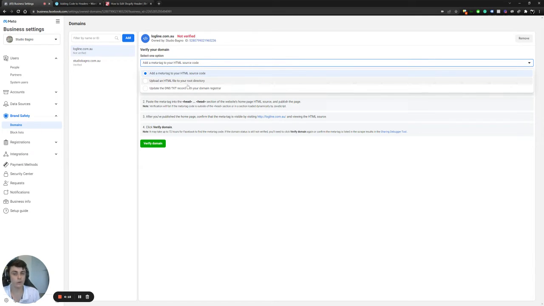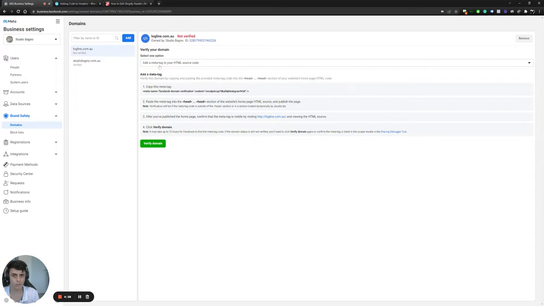The HTML file route to your root directory and DNS TXT record is slightly more complicated. For all purposes, we're just going to be focusing on adding a meta tag to our HTML source code. These two other options do exactly the same thing. They're just a little bit more technically involved, and it's a lot simpler and easier sticking to this method here. So we're going to make sure we have this option selected, add a meta tag to your HTML source code,